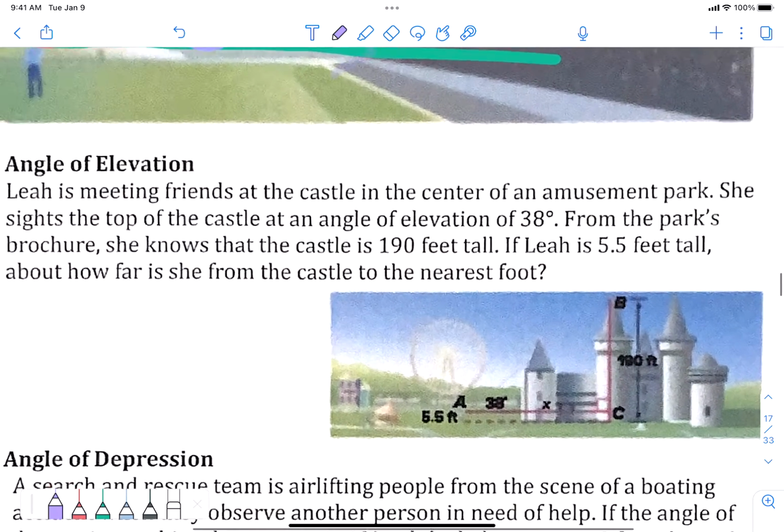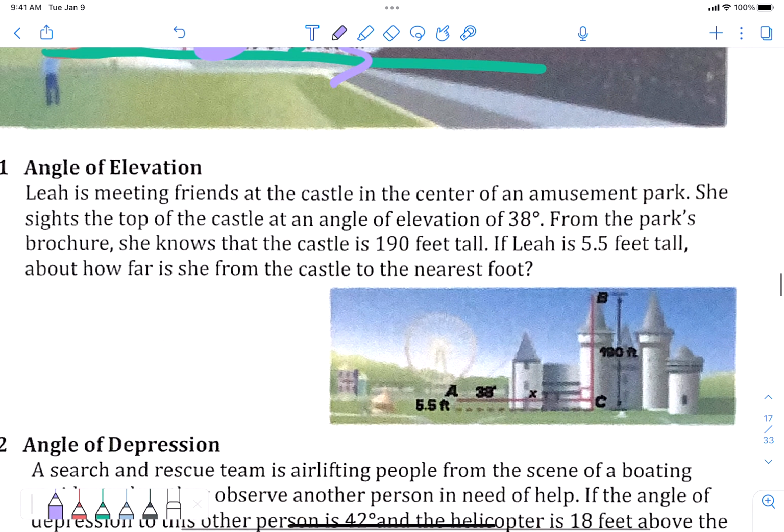All right, let's go to the first example. Leah is meeting friends at the castle in the center of an amusement park. She sights the top of the castle at an angle of elevation of 38 degrees. From the park's brochure, she knows that the castle is 190 feet tall. If Leah is 5.5 feet,